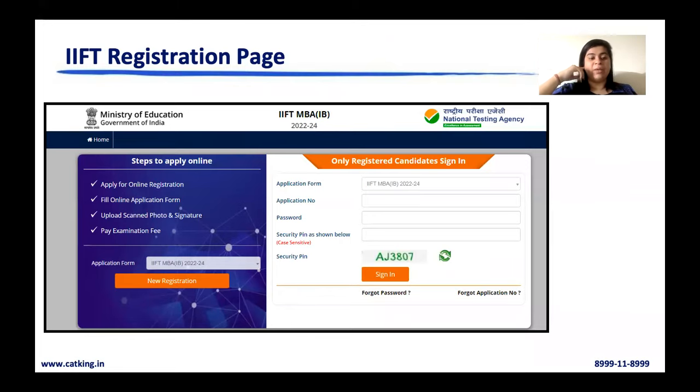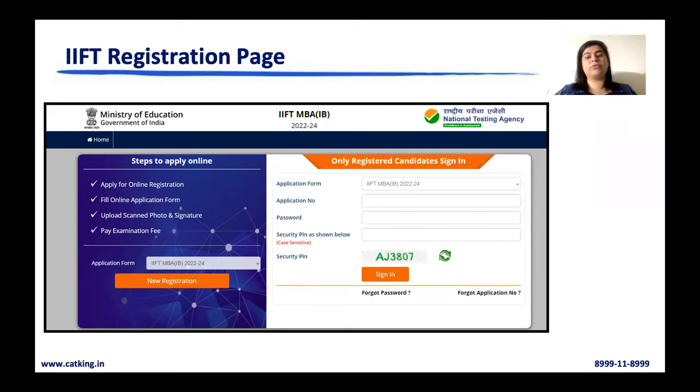Okay. Now, when you are doing this, you have 4 steps to keep in mind. First, you'll have to fill the registration form. Second, you'll have to fill in the application form. Then you have to upload your photograph and signature. Then you're taken to the payment gateway, right? So until your payment is done, it's not the end of it. Ideally, you should not take breaks in between. एक ही बार form fill करो, खत्म, and finish it up.